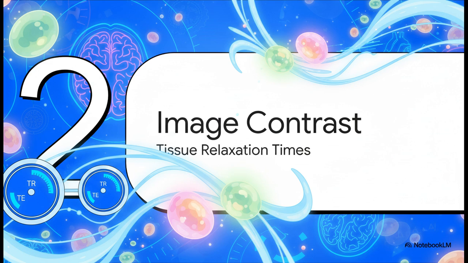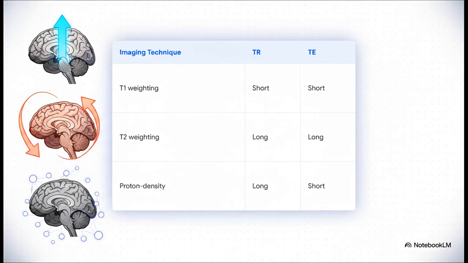We call this image contrast, and it relies entirely on the unique relaxation times of the different tissues in the body. Here's the cheat sheet for how these combinations work. If we go with a short TR and a short TE, we accentuate T1 weighting. That's looking at the recovery of longitudinal magnetization. On the flip side, if we use a long TR and a long TE, we get T2 weighting, highlighting the